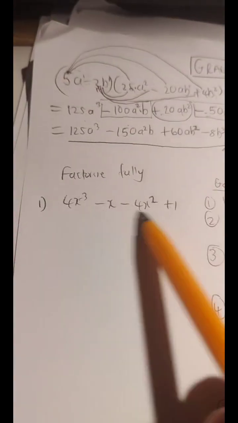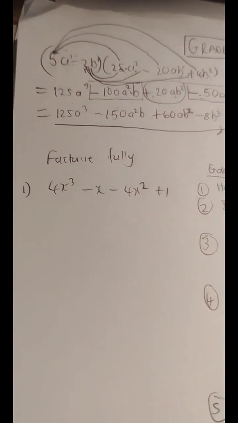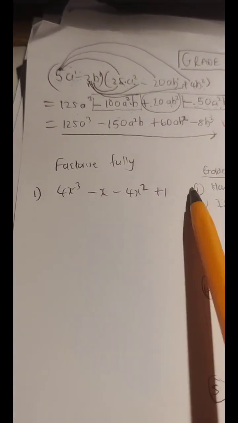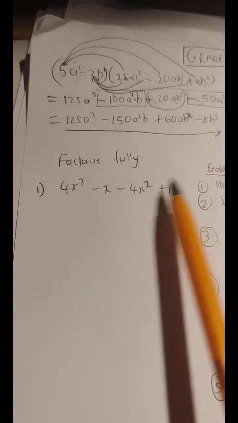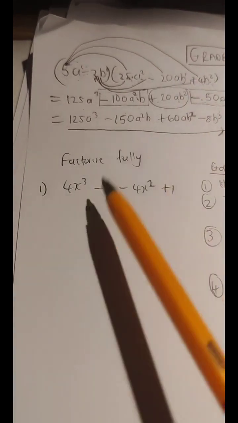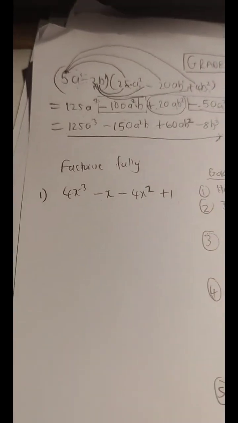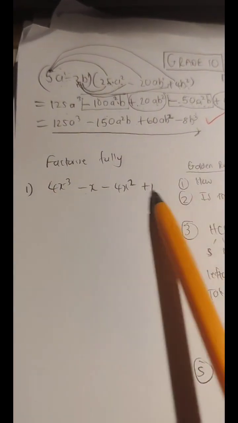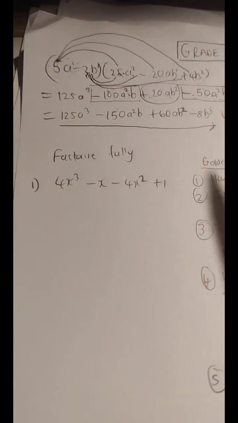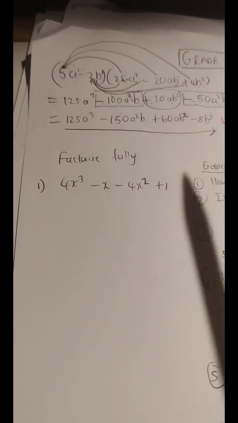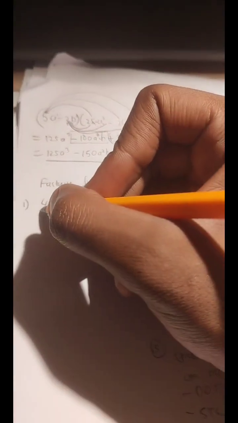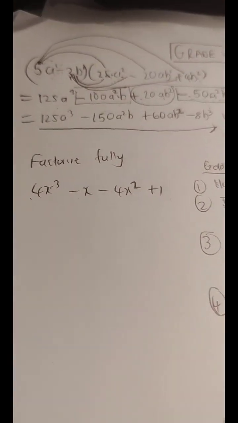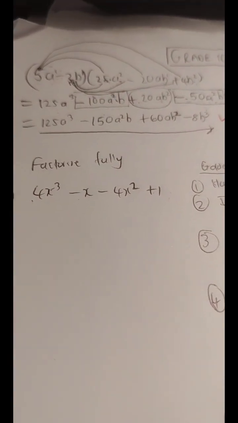So look at this. How many terms here? There's 4. There's an even number of terms. So immediately when I see this even number of terms, I ask myself, sign change rule needed? No. Highest common factor is there? Yes, highest common factor is positive 1. But that positive 1 won't have a significant impact on the terms themselves, but besides make these terms become one term, right? So what we are then going to consider is grouping. Okay, we are going to group. We are going to play the grouping game, right?